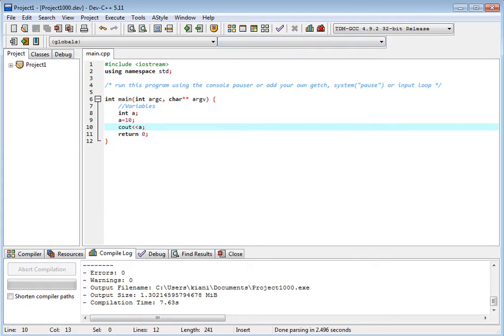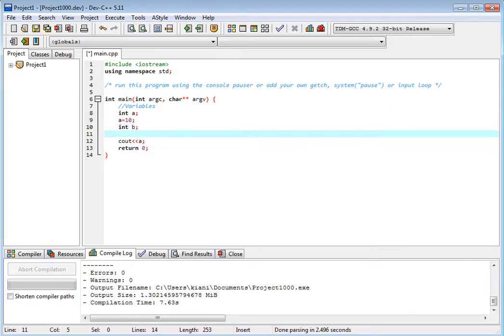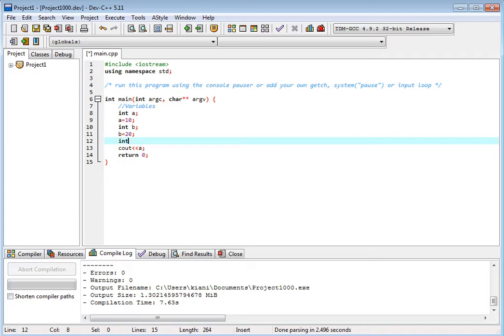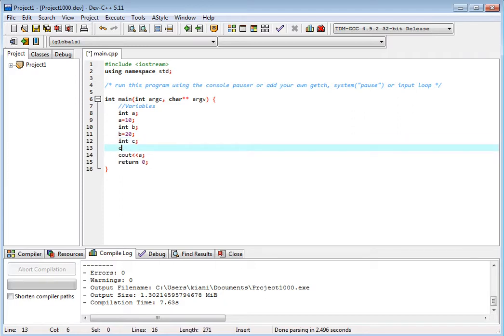So if I want to use integer b, okay, and b is equal to 20, and I use integer c, and c is equal to a plus b, and I print c. Okay, I run this project.